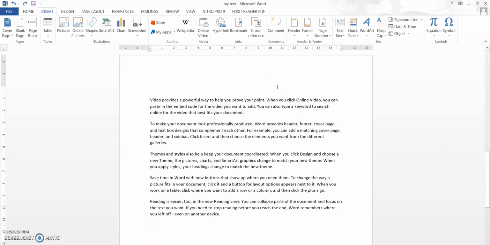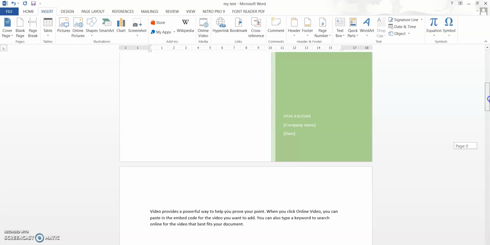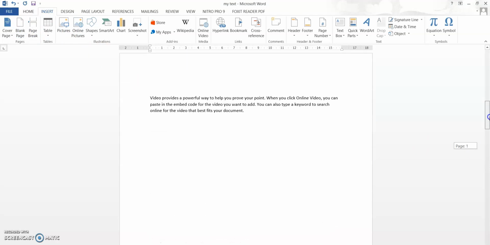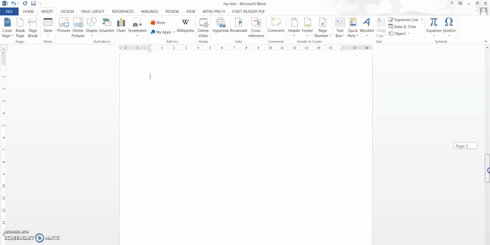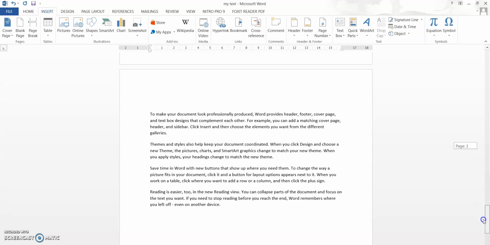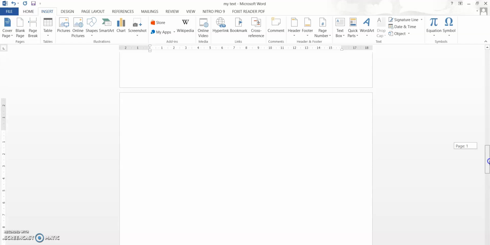I can also add a blank page. So if I want to add a blank page in this part, I'm pressing this, I'm pressing Blank Page. So what happens, let us see. On the page, this part is there. Then there is a blank page that is created between the first paragraph and the rest of the paragraphs. Okay, an entire full blank page is created. But in page break, we saw that the remaining part is presented on the next page. So with this, we have completed the pages section.